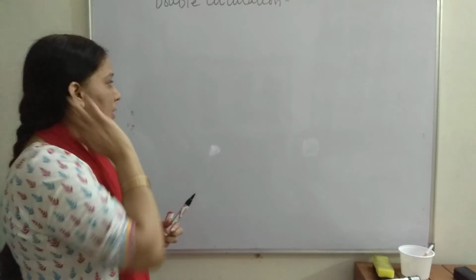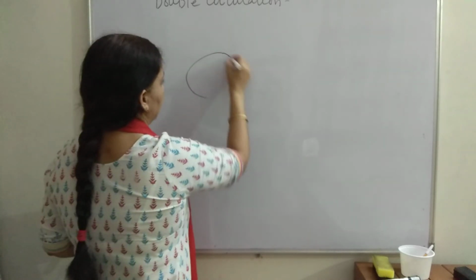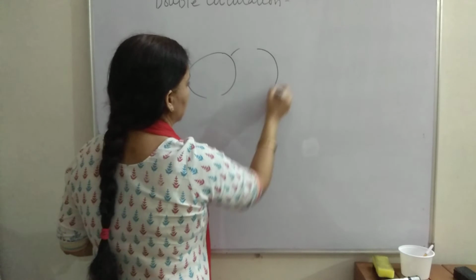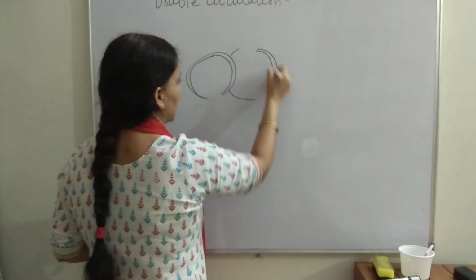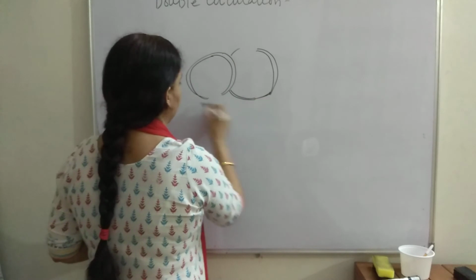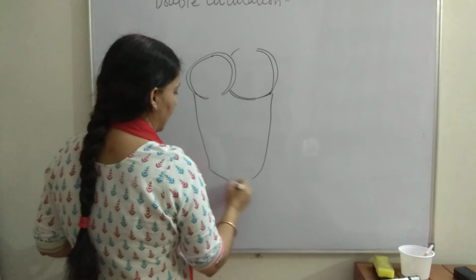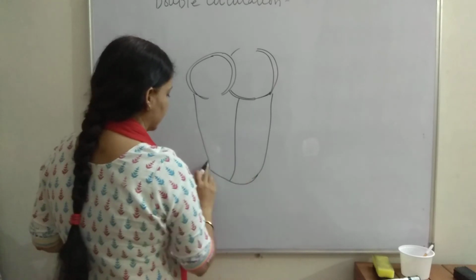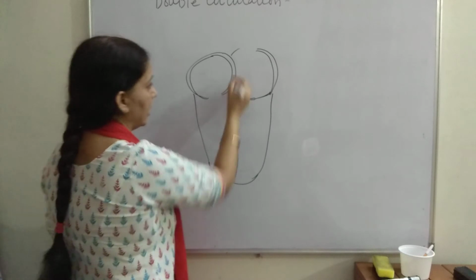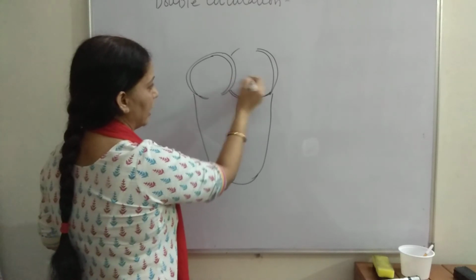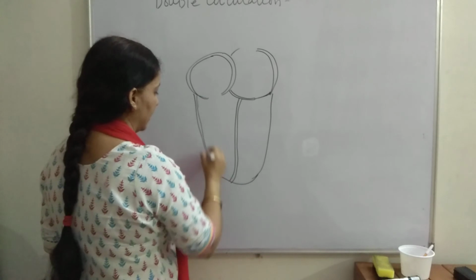In the previous video, on the structure of the heart, I told you that in the heart, oxygenated and deoxygenated blood are completely separated from each other. They do not get mixed because they are separated with the help of septum, and these septa are called interatrial septum, which divides the two atria, and interventricular septum, which divides the two ventricles.